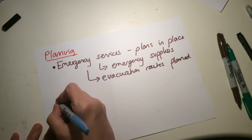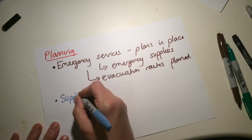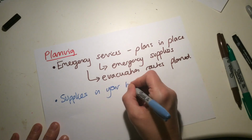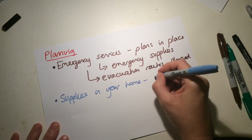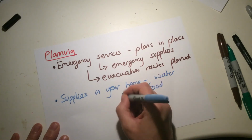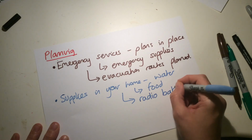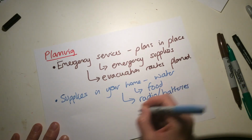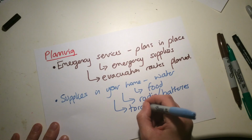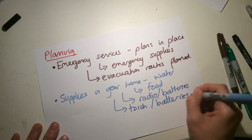You might have supplies in your home. What might that be? You're probably going to need a water supply. You may want to have some food supply. You may want to have a radio with batteries so you know what's going on. You can listen in. You might want to have a torch with batteries, because in all likelihood the